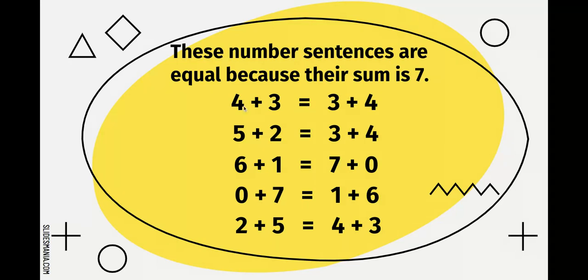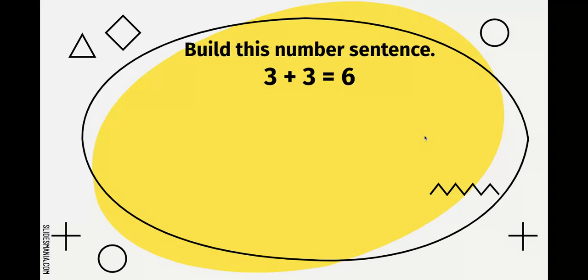But right here, we see 4 plus 3 and 3 plus 4, where they both do equal 7, so this would be equal, okay? So what we're doing these next few days is saying, okay, we can get to a number different ways, right? I can do 3 plus 3 to get 6. I can do 4 plus 2 to get to 6. I can do 5 and 1 to get to 6. And I can show that there are different ways to add up to the same number, and they would be an equal equation or a balanced equation because they equal the same thing, okay? So today we're just looking at, okay, how can we